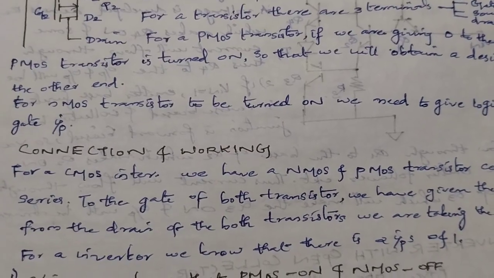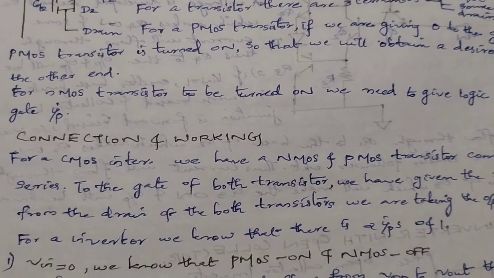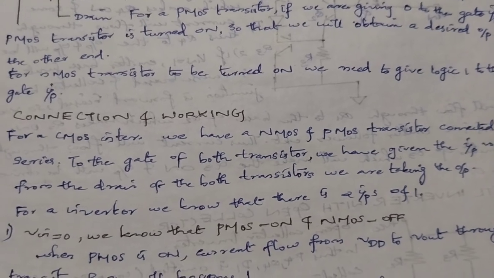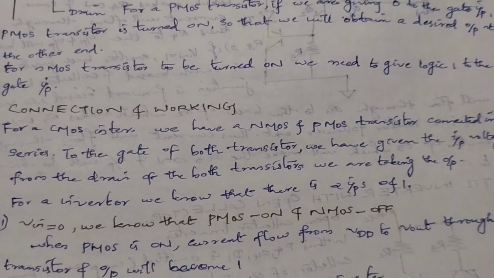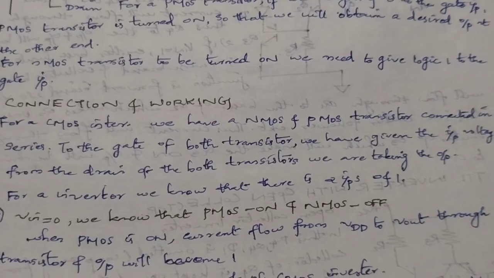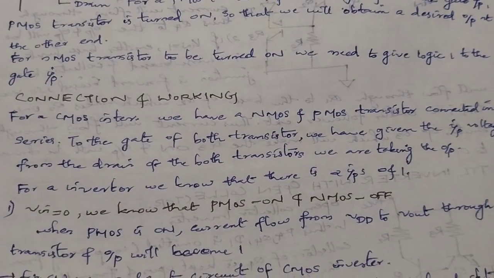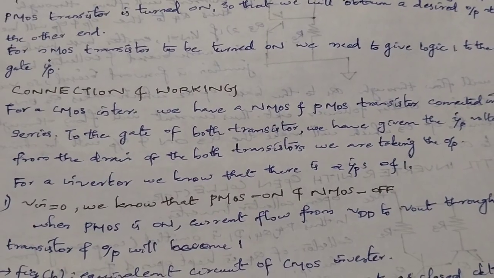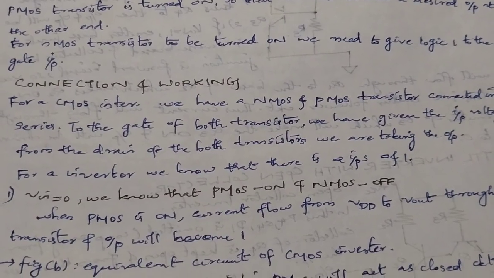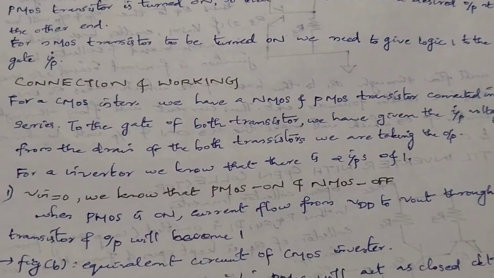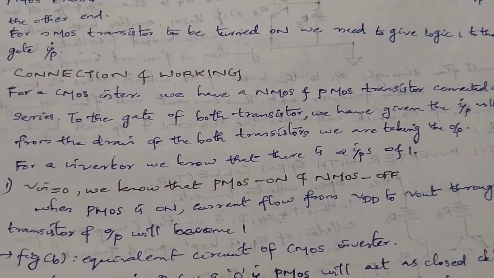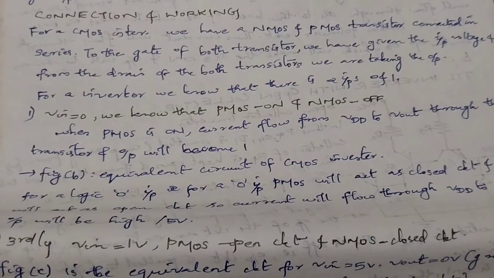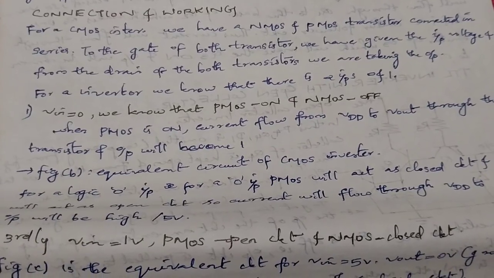For the PMOS transistor, we give 0 to the gate input. The PMOS transistor is turned on so that we will obtain the desired output at the other end. For the NMOS transistor to be turned on, we need to give logic 1 to the gate 1 input. Connection and working: for a CMOS, we have an NMOS and a PMOS transistor